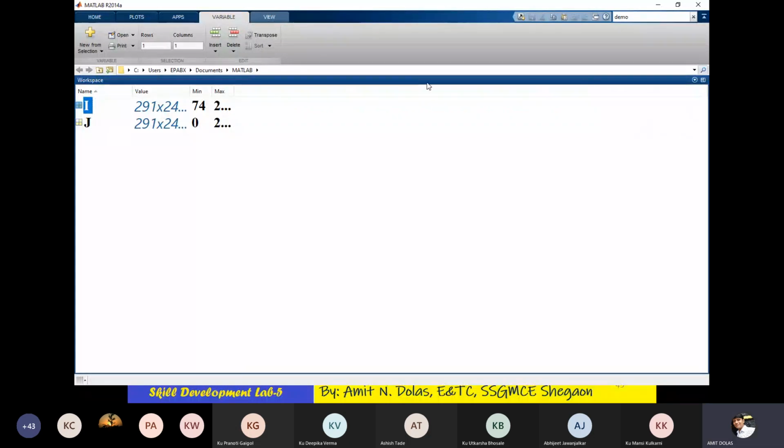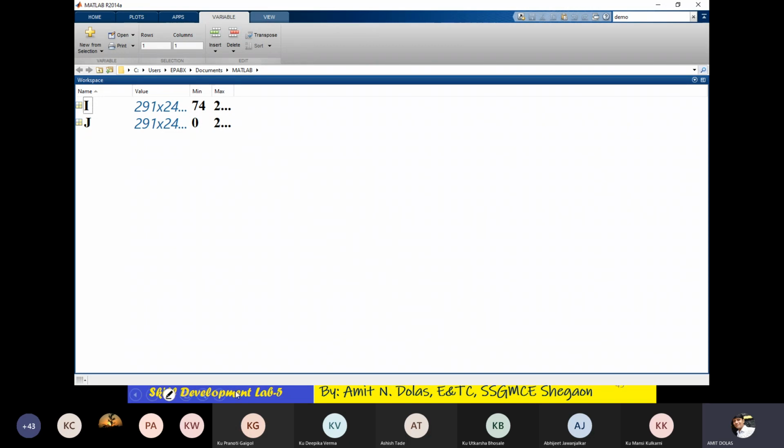This is the workspace. It is showing that it is of 291 by 240 pixel size, and it is of type uint8, unsigned integer 8.